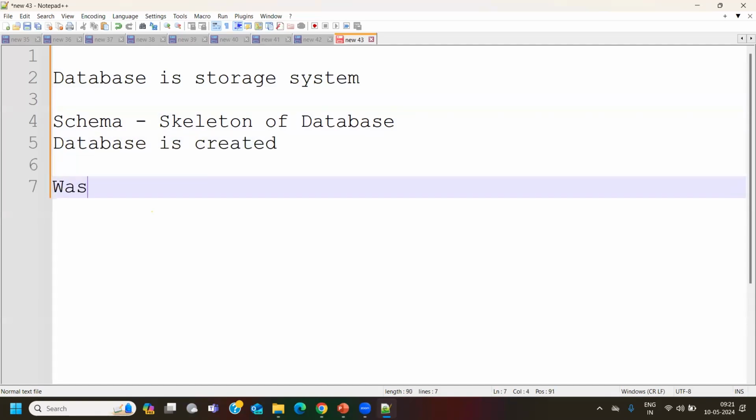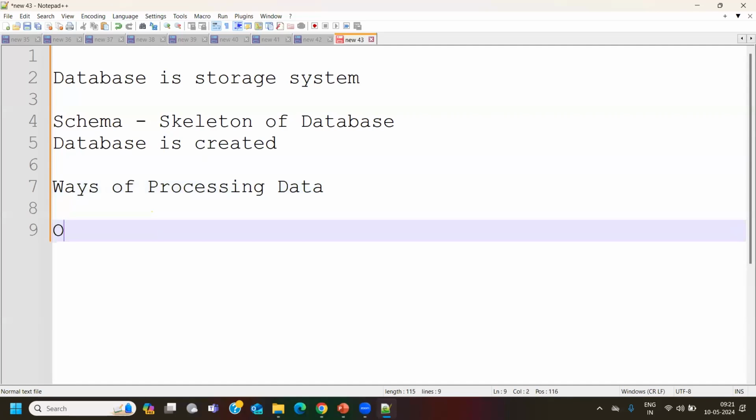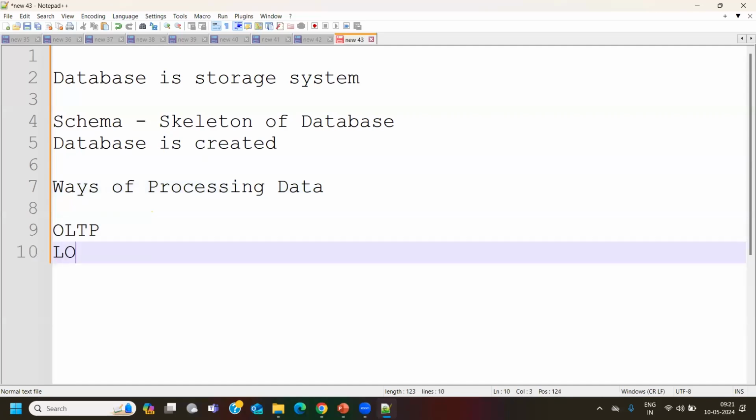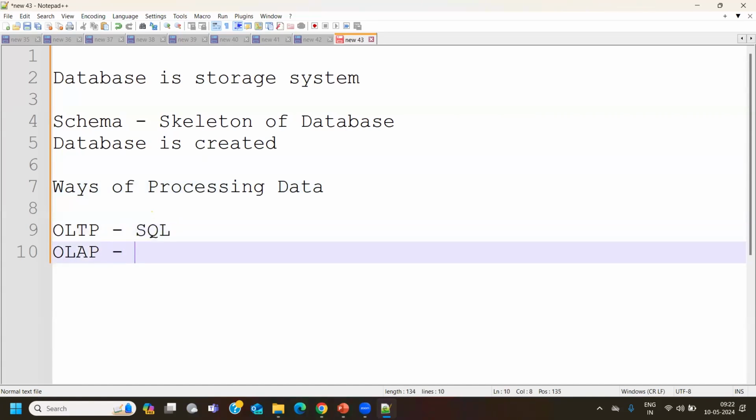Now, ways of processing data. What are the 2 ways? One is OLTP, one is OLAP. Now, OLTP is nothing but your SQL, which is updating frequently. OLAP is nothing but your big data concepts. Anything related to big data is all your OLAP. So once this is done,